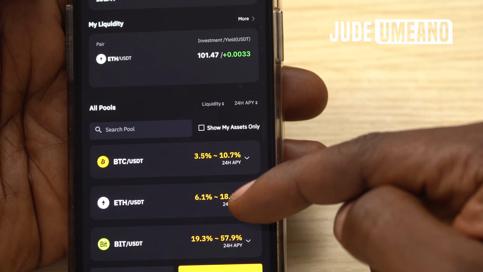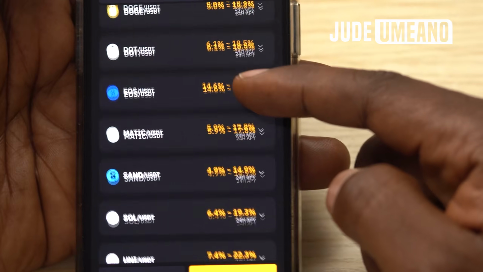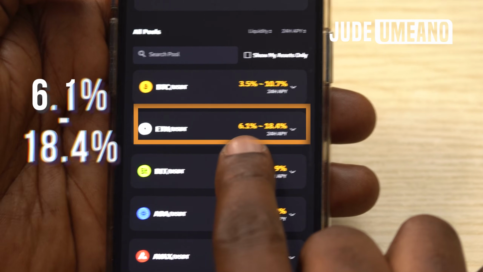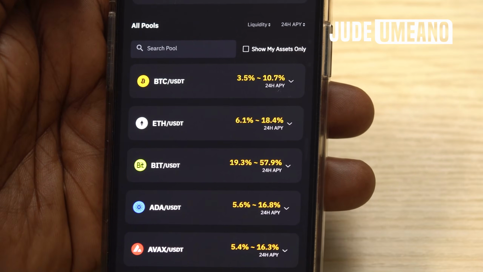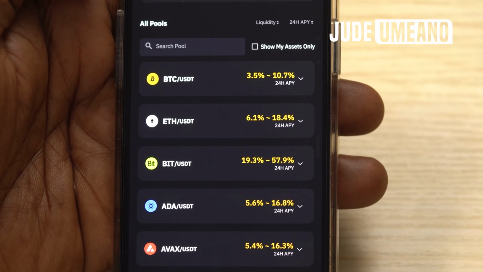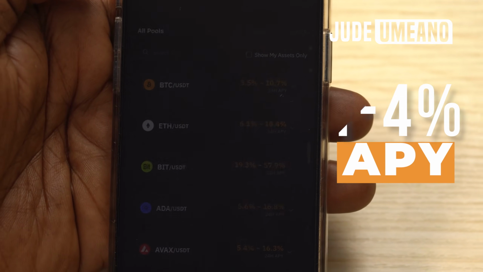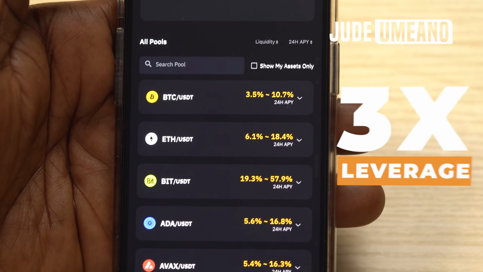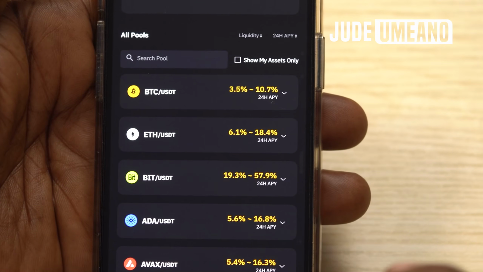If you scroll down, you can see different coins in the liquidity mining section. So for example, if you come to the ETH/USDT section, you see that it's between 6.1% to 18.4%. Usually on other exchanges, the APY is below 6%. Some are even 1 to 4%. But the reason why it's up to 18.4% is because of the 3x leverage on Bybit. 18.4% is about 3 times